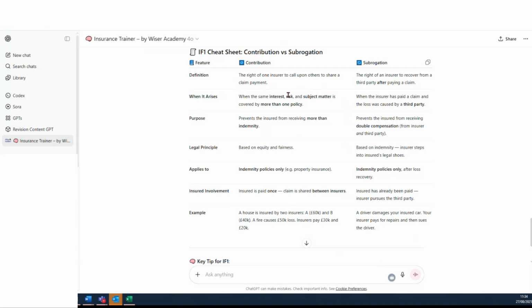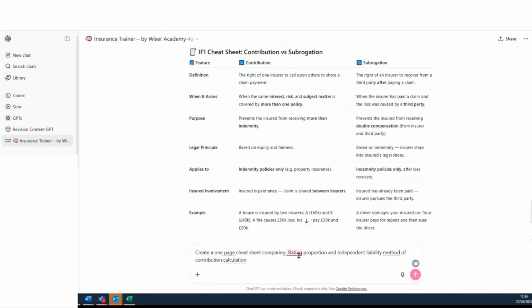So that's handy if you're reading big chunks of paragraphs of text and it's all getting confused. This little table will put everything in an order and it'll give it a heading for you to classify each content and structure that in your head. I'm now going to ask the tutor again by text typing